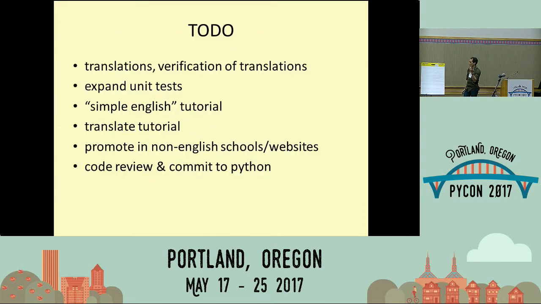One, it requires people with language skills to do the actual translations and verify the translations. It requires programming skills to add the code. And this is not an if-you-build-it-they-will-come sort of thing. People have to find out that turtle.py now supports all these foreign languages.